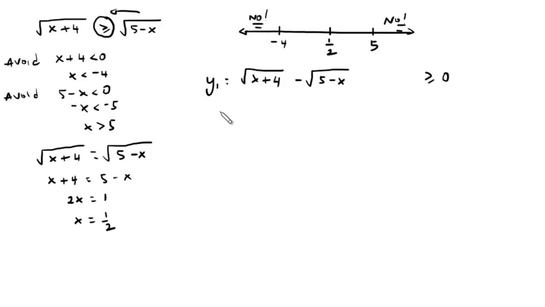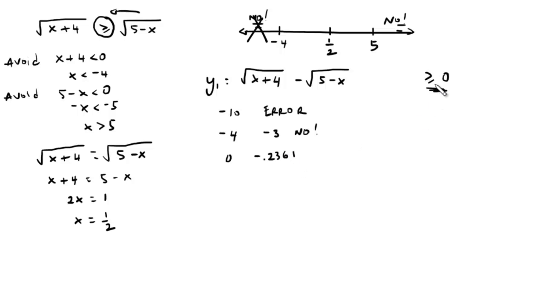When I typed in a negative 10, it returned with an error message. And it should return with an error message because that's in this region to the left that we have to avoid. I typed in a negative 4, it gave me a negative 3. Negative 3 greater than or equal to 0? No, do not shade. I typed in the 0, a point between the negative 4 and the 1/2, and that returned negative